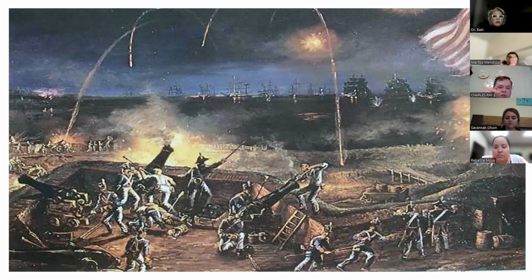So while he's out there watching them bomb Fort McHenry at the entrance of Baltimore Harbor, they're pounding it, and in the morning, that's what the song's all about. Basically, the bombs bursting in air, the rocket's red glare gave proof to the night that our flag was still there. In the morning, they put up an even bigger flag saying, hey, you've been attacking us, but we're still here. We're not going anywhere.